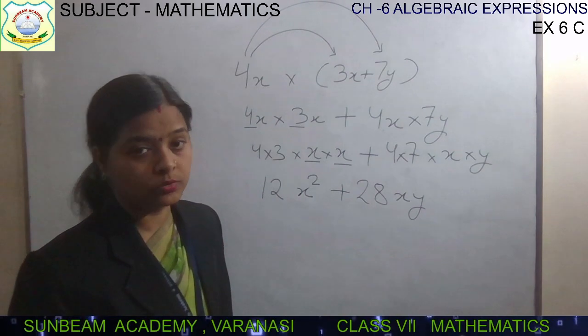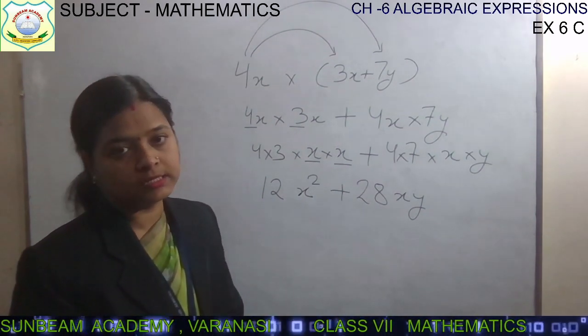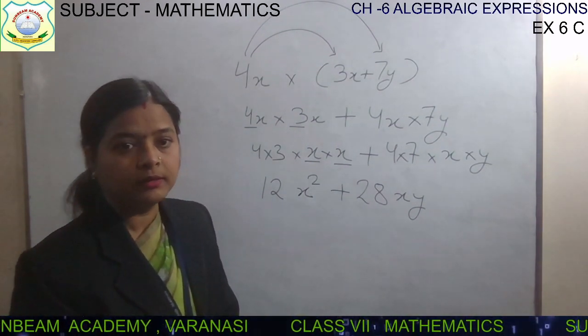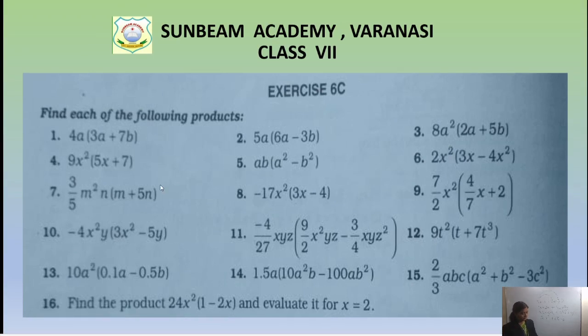Now quickly let's go to the exercise. Exercise 6C. Open your book, children. See this, I am having. Now we will start with question number 2. So write down question number 2. It's the 6th chapter now, that's why we are doing even parts. So write down exercise 6C, question number 2. I am erasing my board work. You also write down today's date and start doing it.